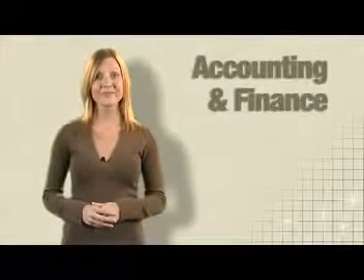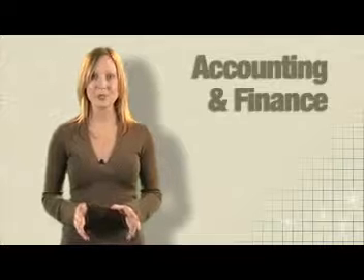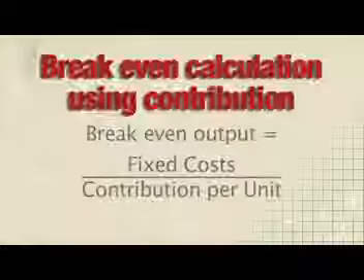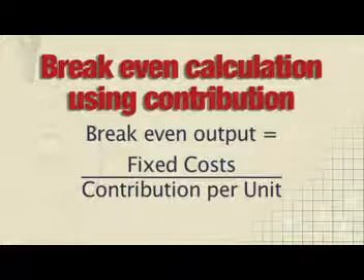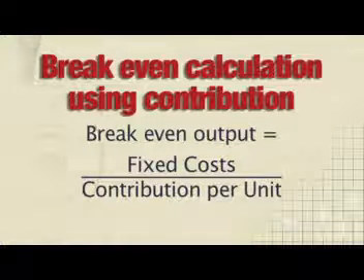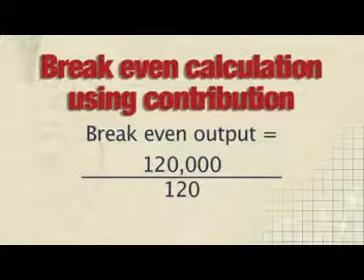How'd it go? Your answer should be 1,000 surfboards, and the way you worked it out should look like this. The break-even point equals the fixed costs divided by the contribution per unit. So, if you put the figures in, you get this. The break-even point equals